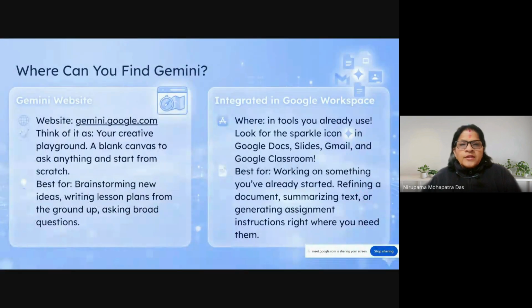So what is Gemini? All of us know now. Where can we find it, or how can we access it? Okay, so these are the two things. One is we can go to gemini.google.com, and then we can access the Gemini app, which we will see in the demo, and it is also integrated in Google Workspace. So whether you are using Docs, Slides, Gmail, or Google Classroom, everywhere you can find Gemini